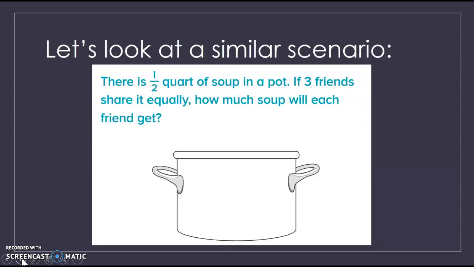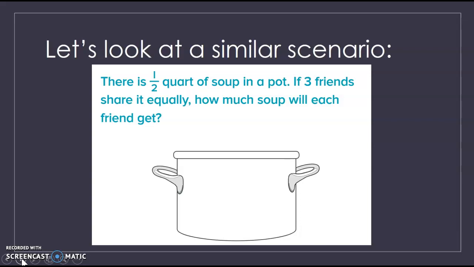This one is similar, but you're going to notice a little bit of a different process. Now there is 1/2 of a quart of soup in a pot, and 3 friends are going to share it equally. How much soup will each friend get? So now I'm starting, I only have 1/2 a quart of soup, and I need to split that with my